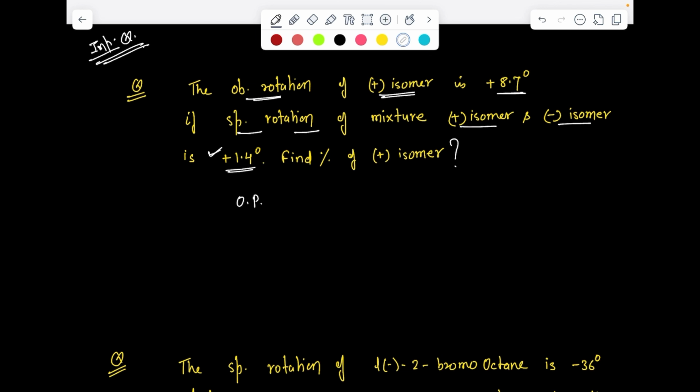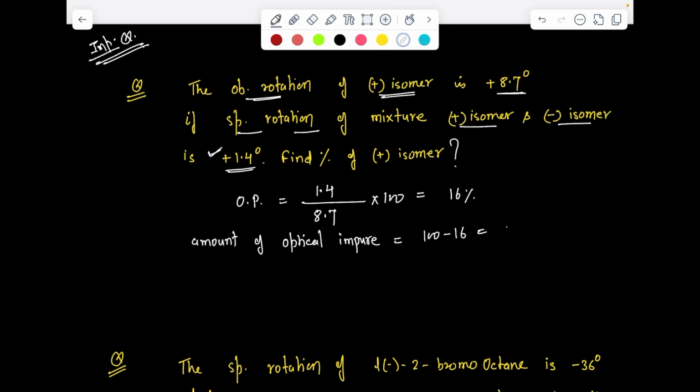So optical purity is equal to the observed rotation, 1.4, of the solution divided by the original one. Original how much? 8.7, into 100. When you calculate this, you will get 16%. So 16% is the optical purity. So the amount of optical impurity is 100 minus 16, which becomes 84%. So 84% is impure, so we could say it's a racemic mixture, which is optically inactive